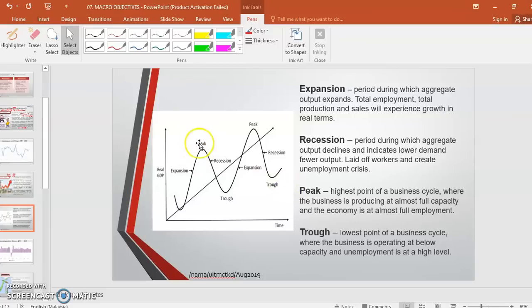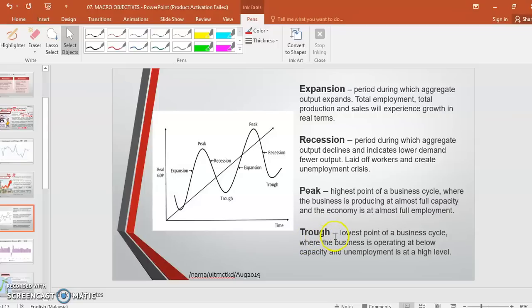Peak, highest point of a business cycle, where the business is producing at most full capacity and the economy is at almost full employment. Sebenarnya ekonomi paling bagus lah. Income meningkat, employment bagus, total production tinggi, sales tinggi. Okay? And trough, this is the